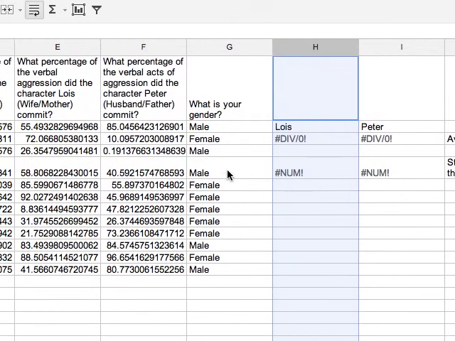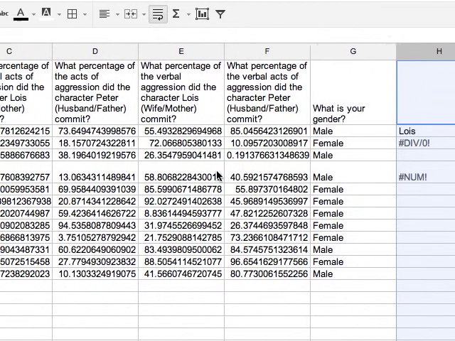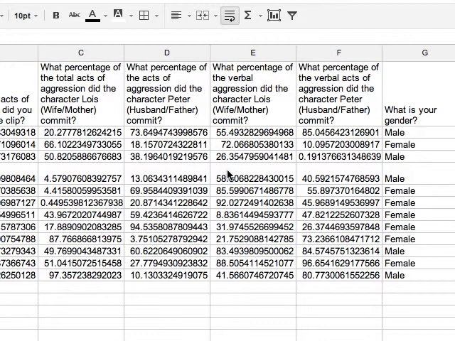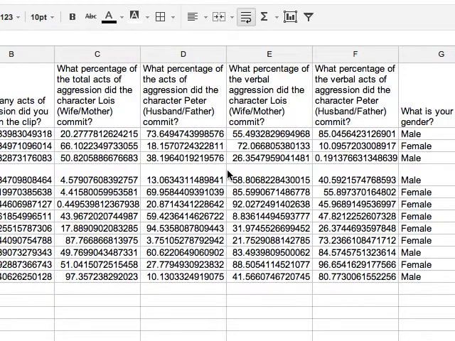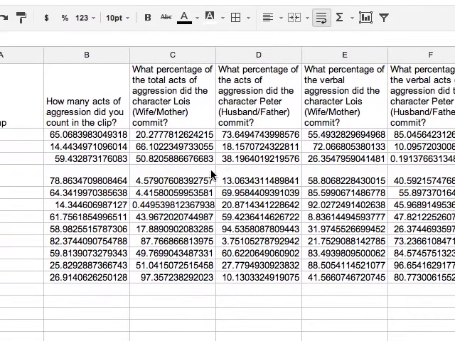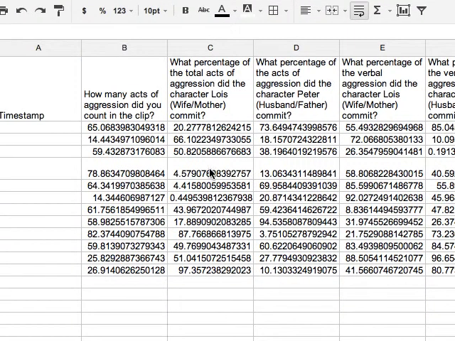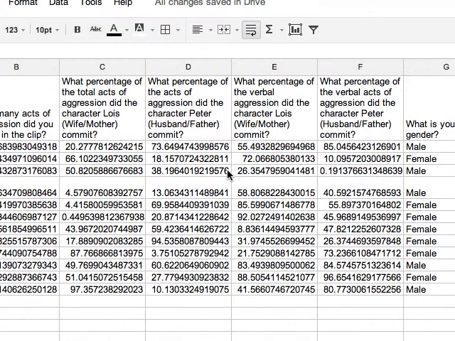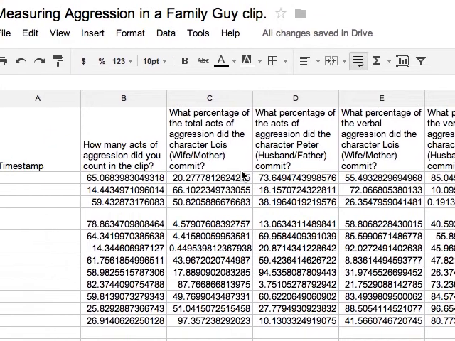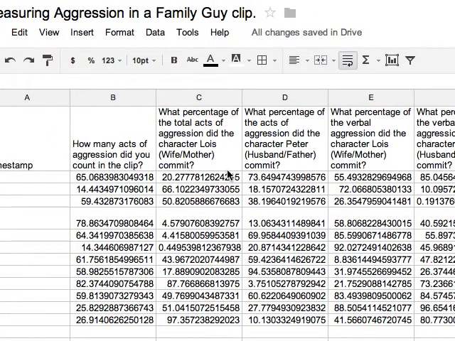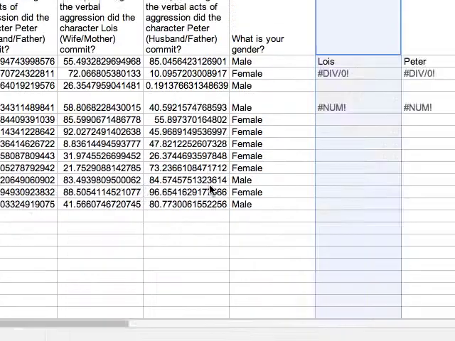I'm a very visual person, so whenever I do a t-test, I always like to see what it looks like in a bar graph also. So for this, I'm going to show you how to make a bar graph in Google Drive. So if we take our data that we collected,